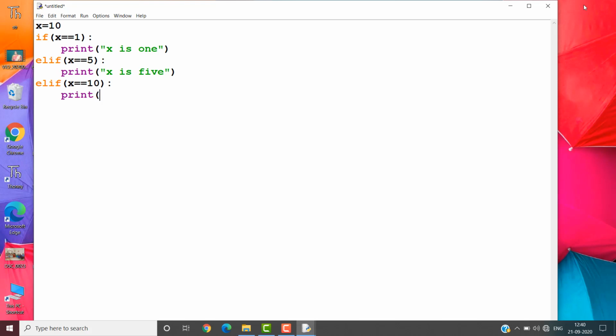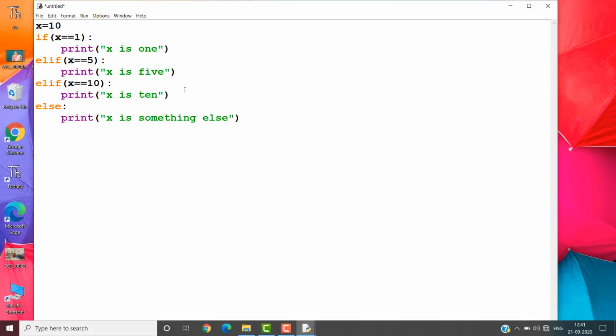Print x is 10. Or else, if it is not equal to 1, not equal to 5, not equal to 10, what do we do? Else print x is something else.